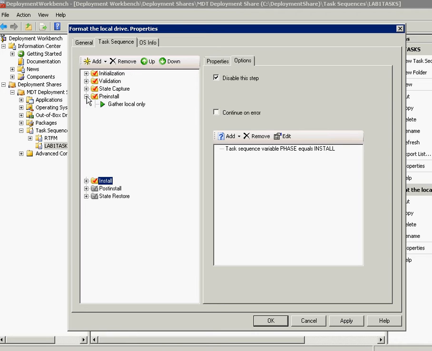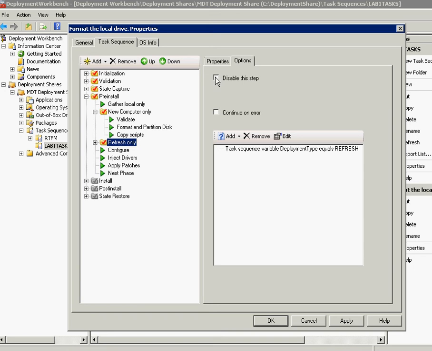If I open up the pre-install, I'm going to disable this refresh step also. It shouldn't come into play, but when you're disabling sequential components, quite often you can come unstuck. So let's do what we know. We'll take that out, apply, and now the task sequence should run through the initialization, the validation, the state capture, although there's nothing to